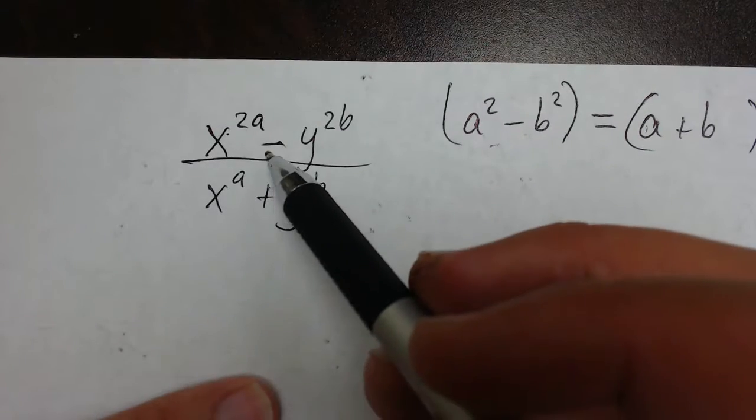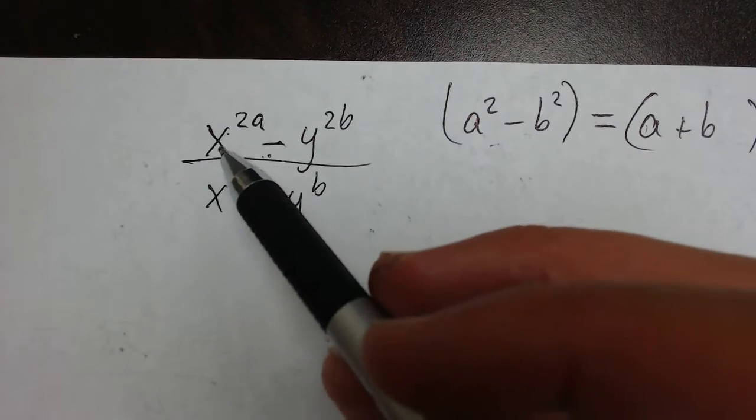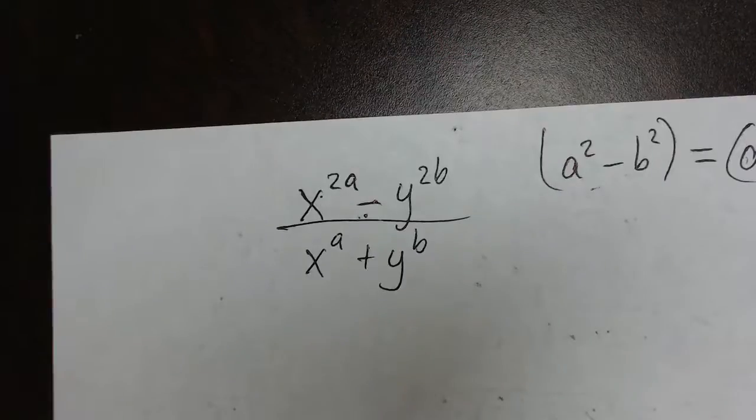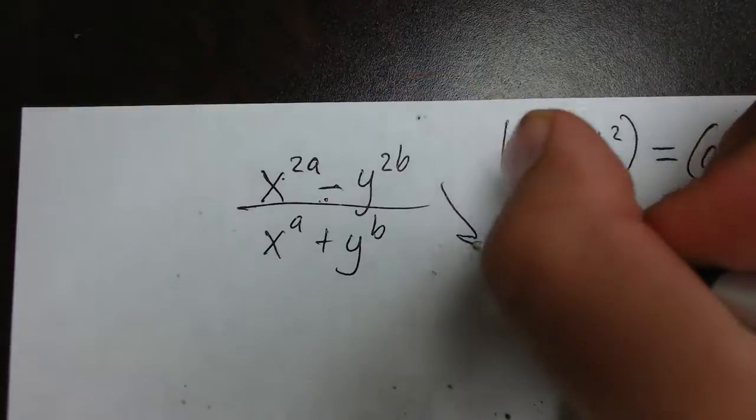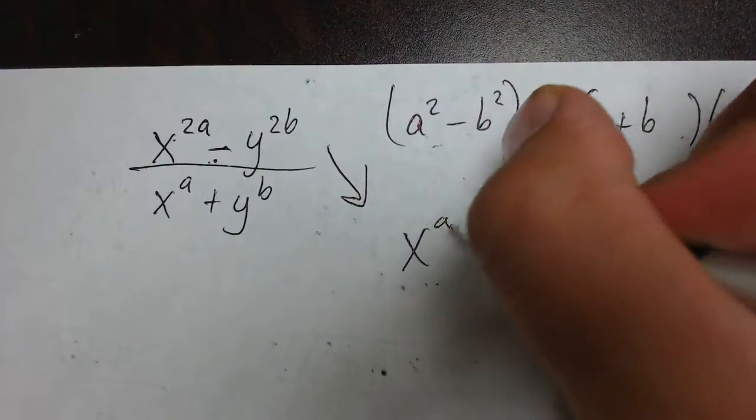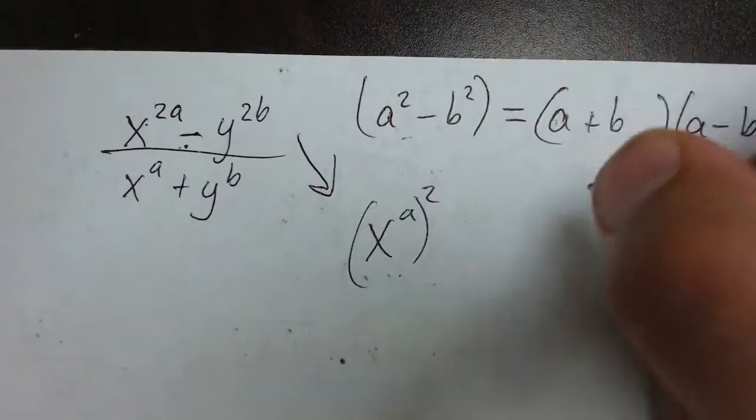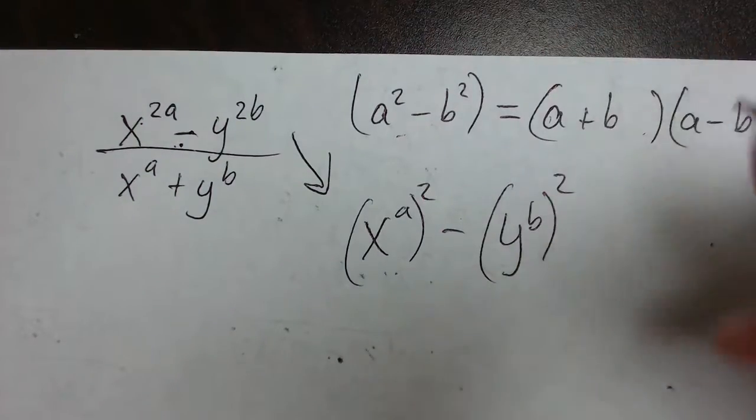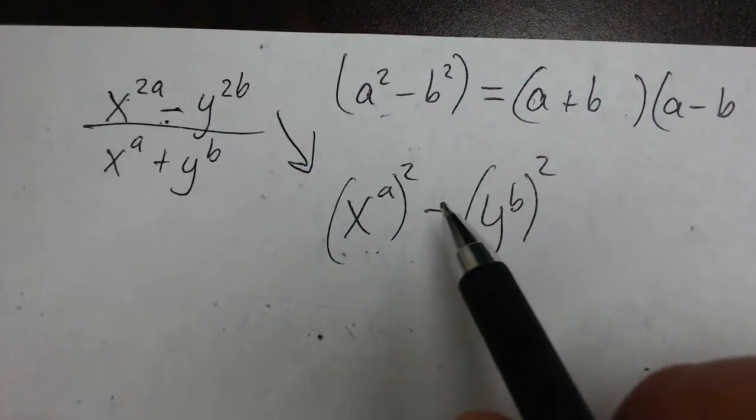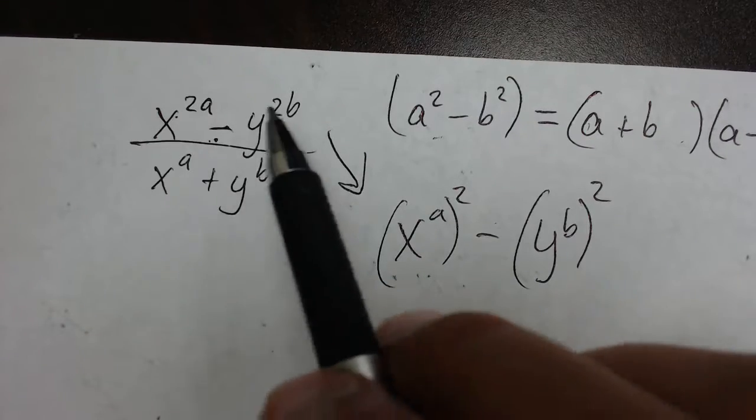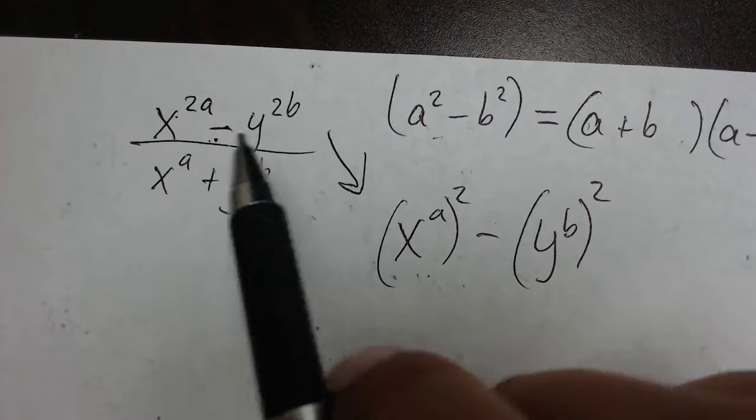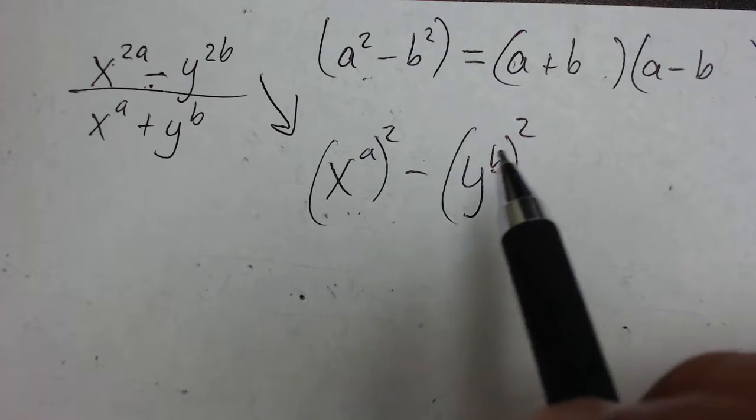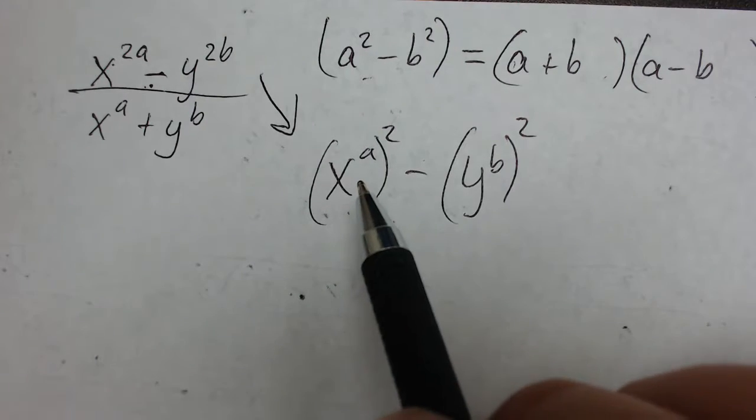So we're going to use that to apply here, because another way to rewrite x to the 2a minus y to the 2b is like this: x to the a, squared, minus y to the b, squared. And that just helps you visualize it a little bit better. But if you're really good, you can catch that just by looking at it up here. So once we can visualize that this is a difference of two squares, all we do is we take the first term,